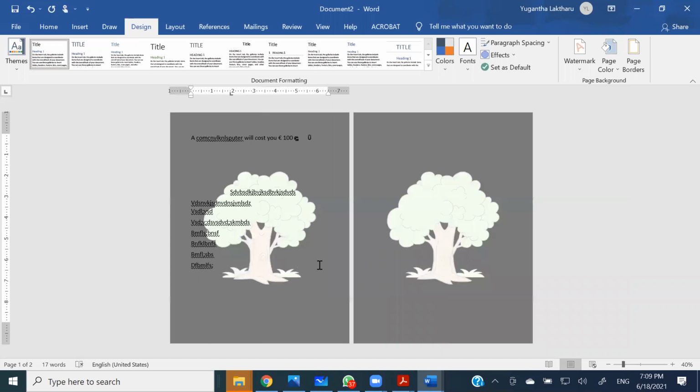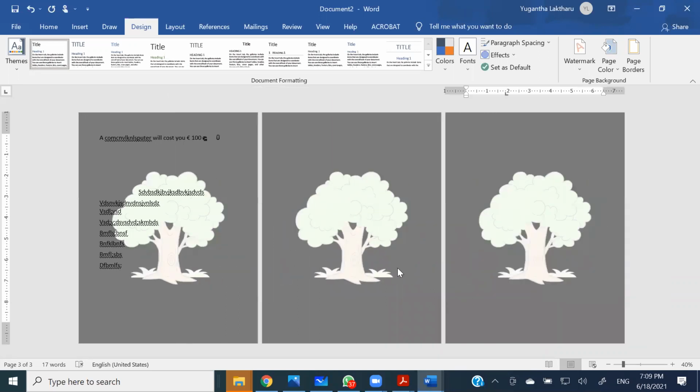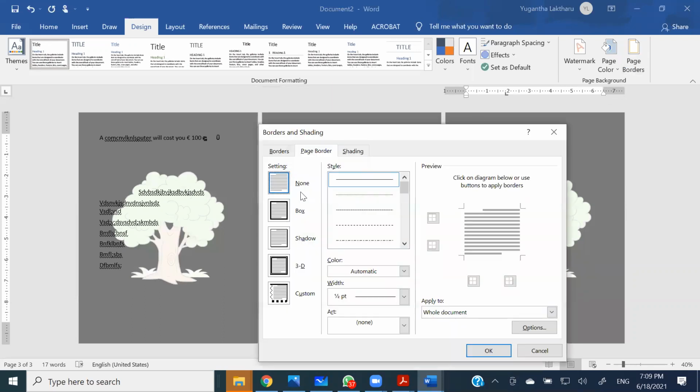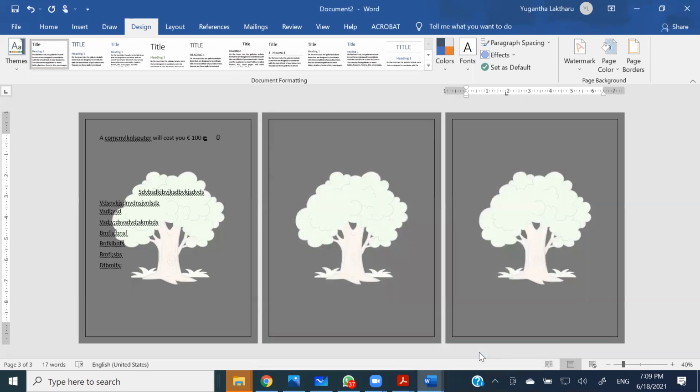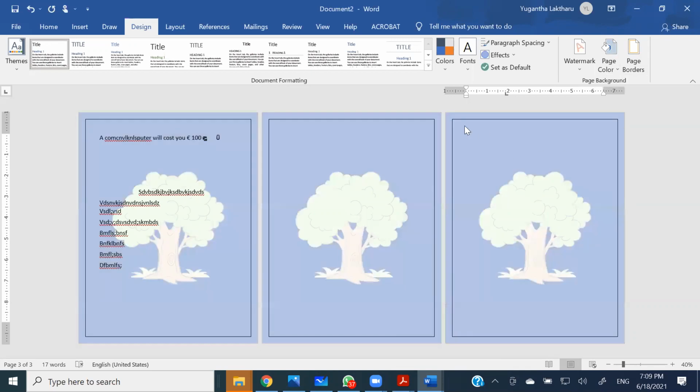See, so you can have a particular page color, as well as you can use borders. You can use the standard borders as they're given to you, right? Once you choose the standard border, you can see that this is called the page border, not any other borders. The other borders are there, like how we are going to apply a border to a